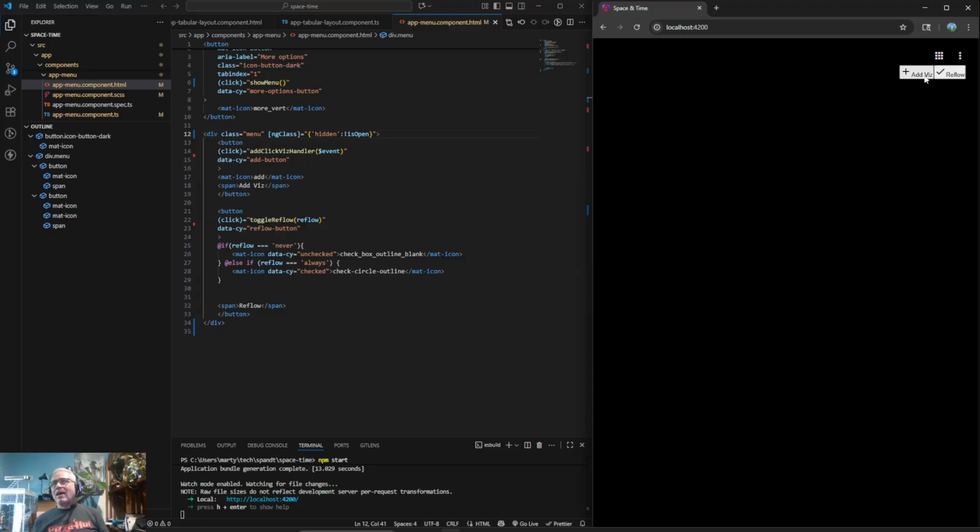And really, I think it looks okay. I'm pretty happy with the way it looks. For a more productivity-type program, I do like less styling, a more utilitarian sort of look. And I think this is probably the most utilitarian look I've ever seen. It would be nice though if the add viz and the reflow